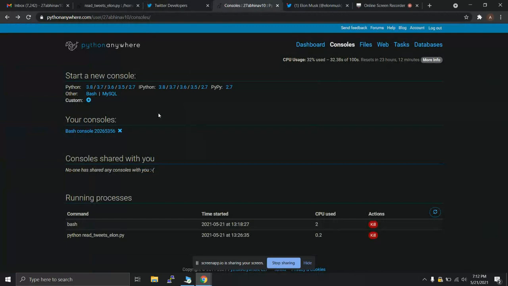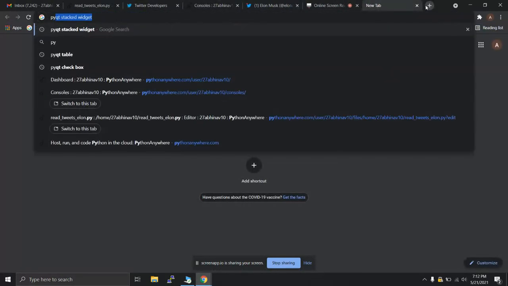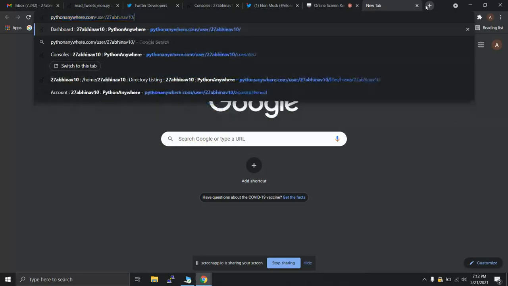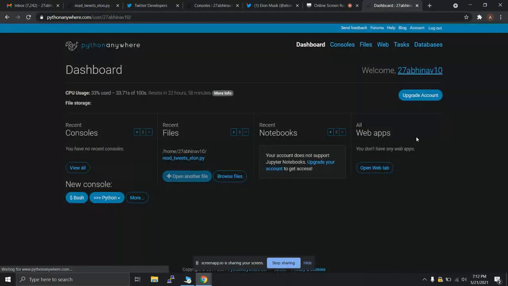So what you can do is go to pythonanywhere.com. I'll drop the link, and basically create an account there. It is just like your laptop hosted on a cloud, right? So you can put Python files or any C++ file here, and you can run them on the cloud so that you don't have to open your laptop.